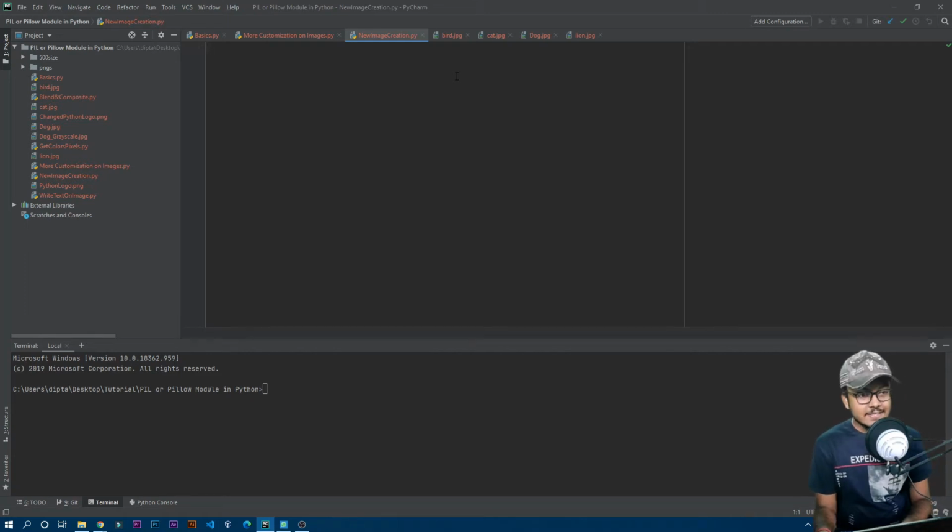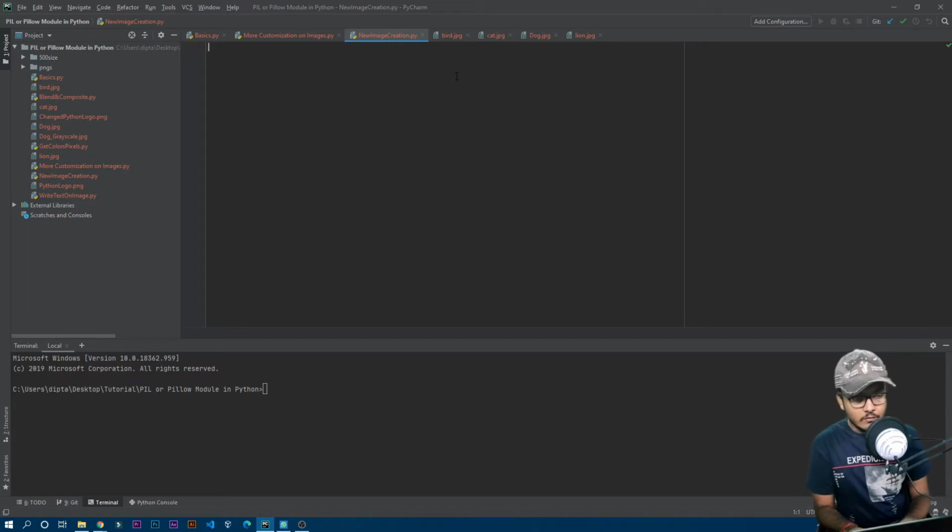So guys, now let's see how to create an image using Python. Basically, by default you will create an image of a constant color, then you can add some text over there by using the image fonts, and we will see that later on. But in this video we will see how to create a basic image.